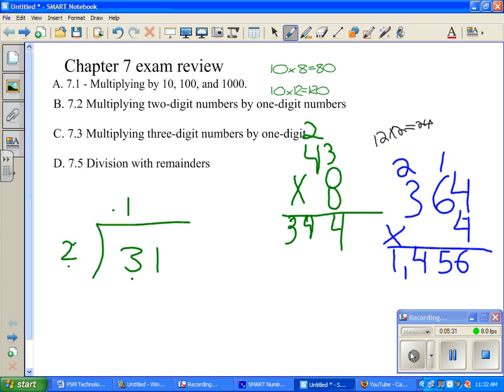Then you write it right below the 3, then you subtract 3 minus 2, which is 1. And then, because 1 isn't enough to go into 2, you bring the other one down. And then you see how many times 2 goes into 11. And that is 5. So the answer is 15 with the remainder of